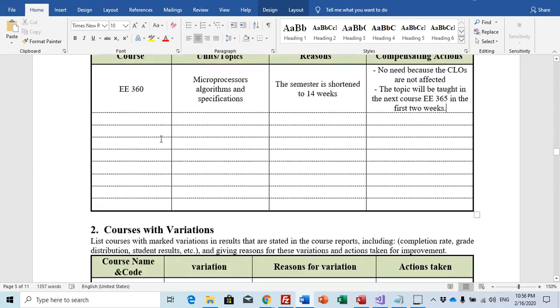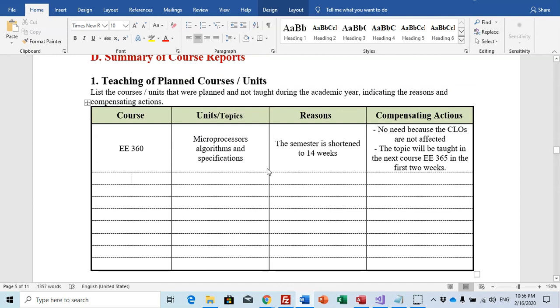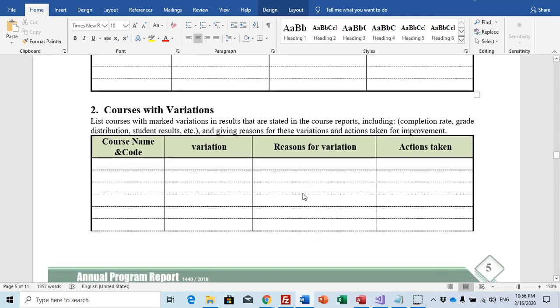And you can write all courses here with untaught topics or units. After that, courses with variations.